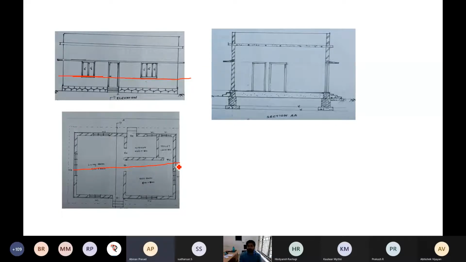Sir, I tried, but I won't be able to put all the three in the same paper. Yes, all the three you are not supposed to do in the same paper. Okay. In an A3 sheet you can go for 1 is to 50. So for an A4 sheet, which dimension will you prefer? That's my question. 1 is to 70. Okay, 1 is to 75 means 1 is to 80.